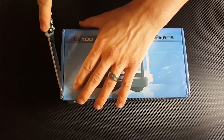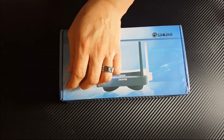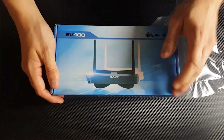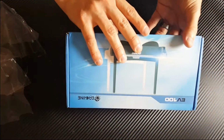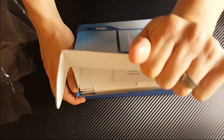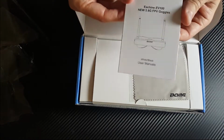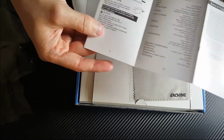Let's get the unboxing. Let's just rip this off. I think I got a tear here. Alright. Plastic away. Make sure we don't have any tape. Nope. So, face it your way so you can see a little better. Let's go and unbox this for the first time. Alright, so we see for the very first time opening Eachine EV100s goggles. So we got a band and frequency table, a battery guide,